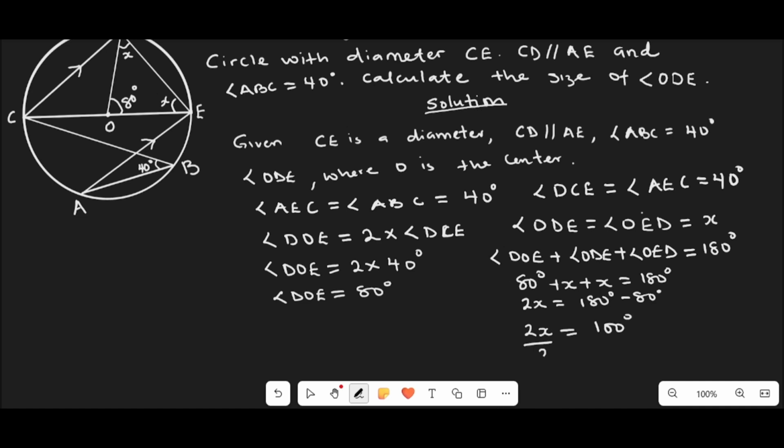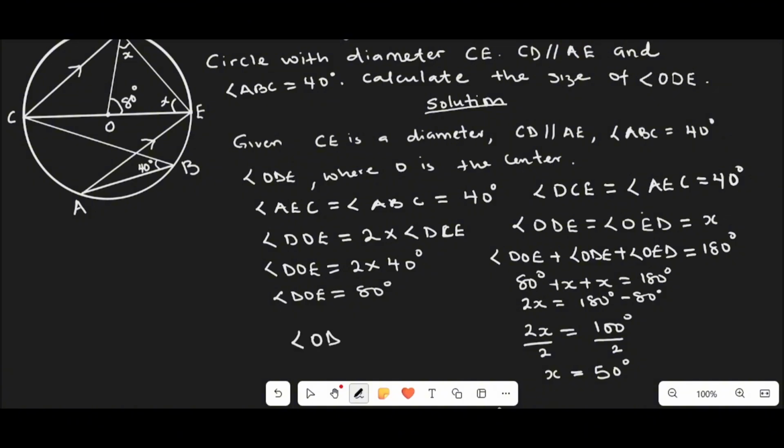Divide both sides by 2. x equal to 50 degrees,